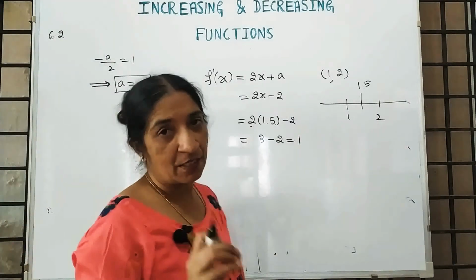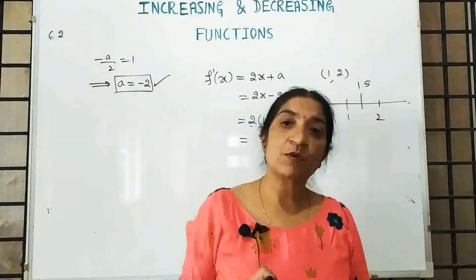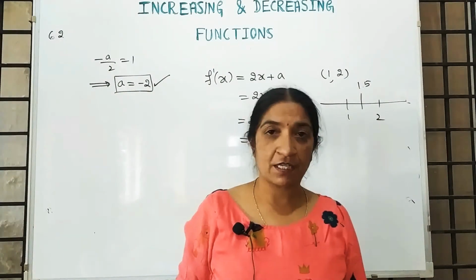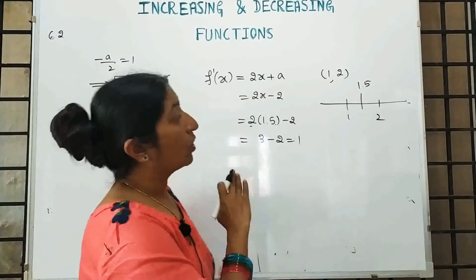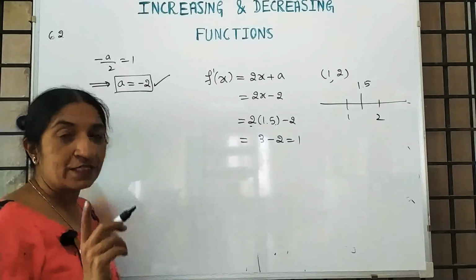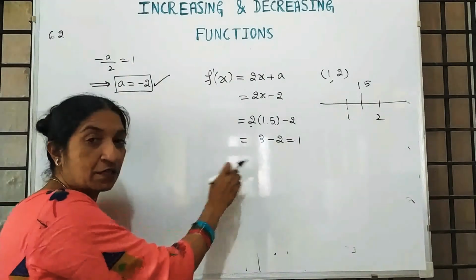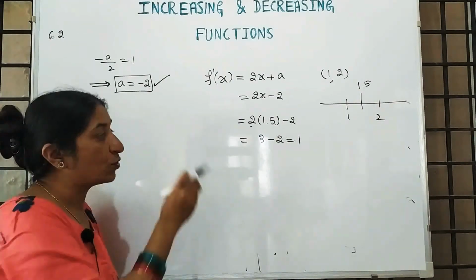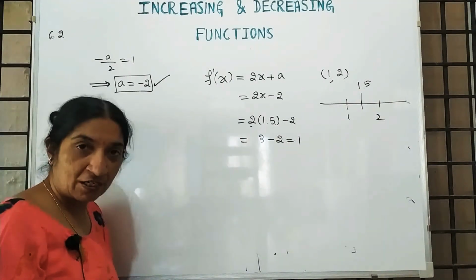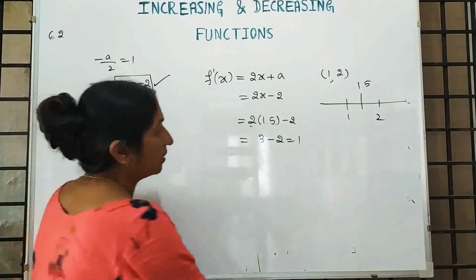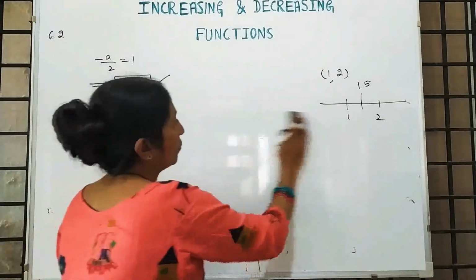Actually, 100% it is a CET question. Find the least value of a when the function is increasing. At that time, don't do all these calculations. Just go for first derivative. After first derivative, out of 4 options, select one by one and substitute that value in the first derivative. Then check. You will get the answer. So this is a CET question. 100% this is a CET question.